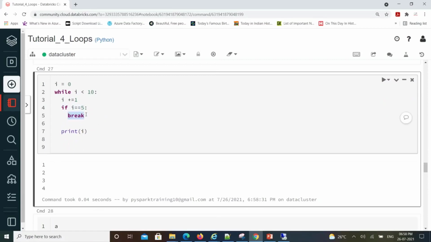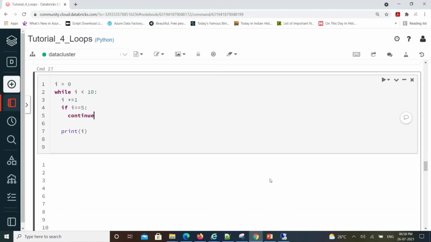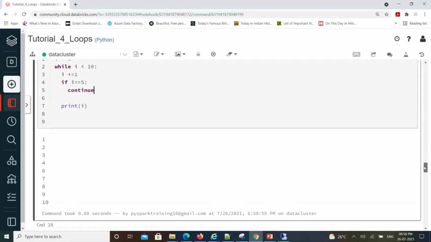Then if I use continue, again, you see this. Only 5 it will skip, then 6, then 7, it will go like this. If I use the increment below,